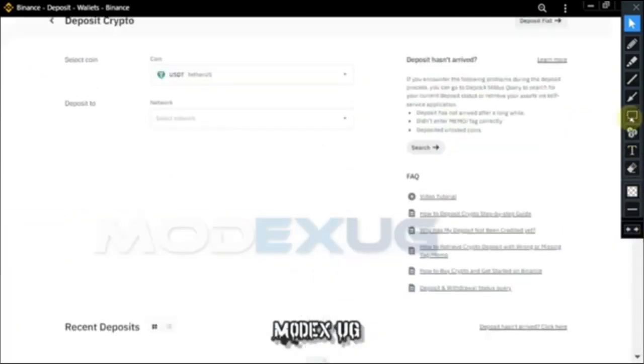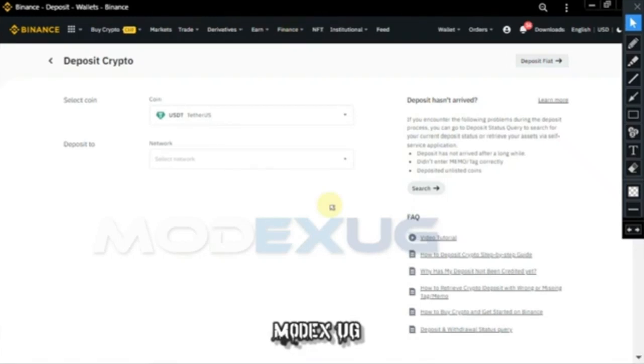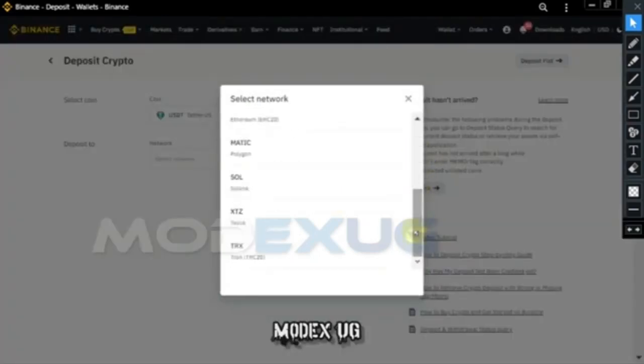After we tap on deposit, it will bring us to this page. Yeah, so here we are going to select the network. You should be very keen when selecting this. Make sure you select ERC20, because that's the network you're going to be receiving the USDT from. You select ERC20. Yeah, this one varies depending on what you're using, but with Yellow Card, for this case, we